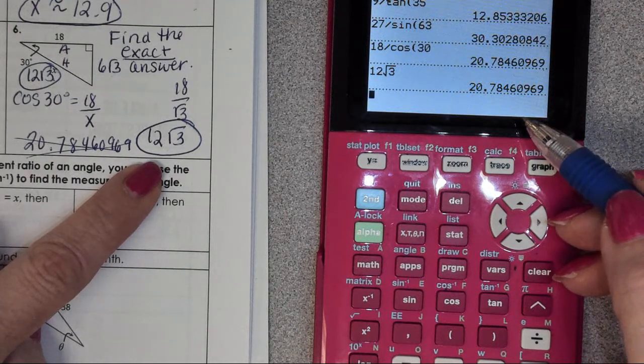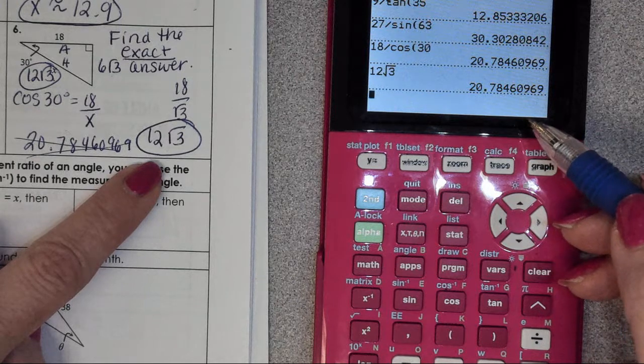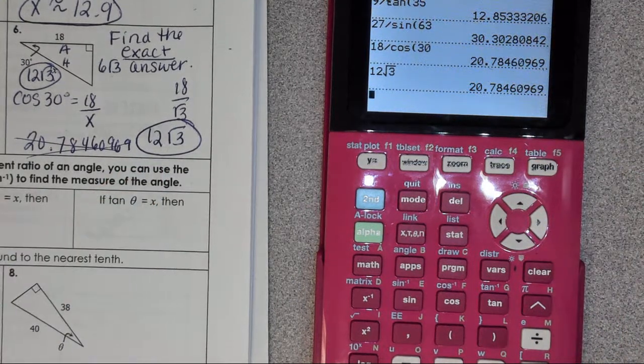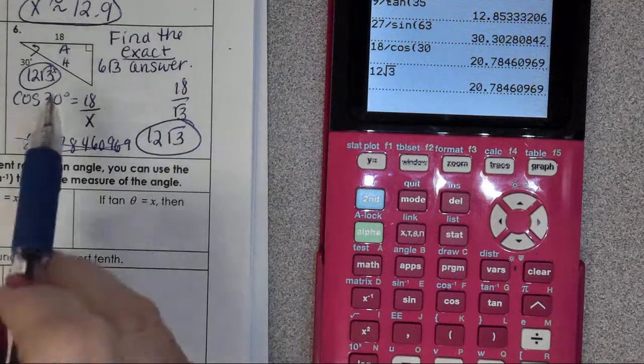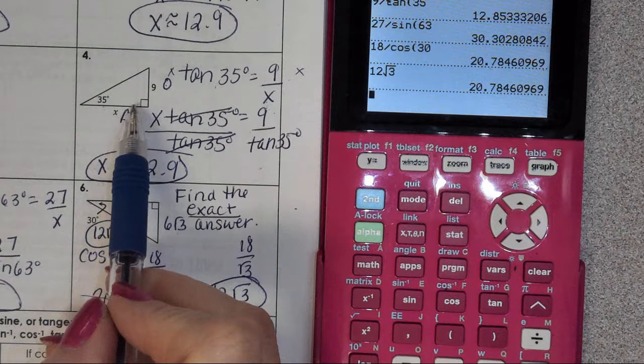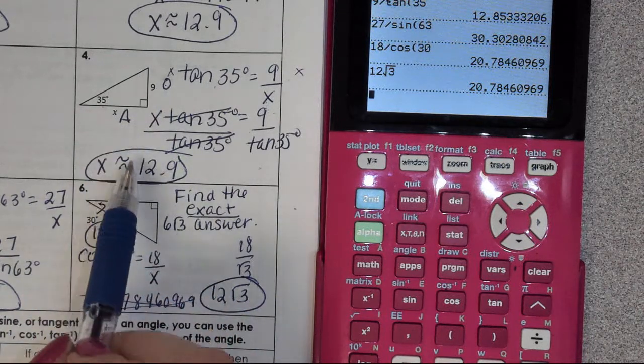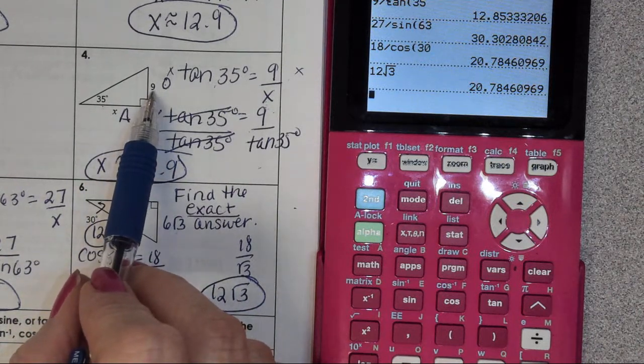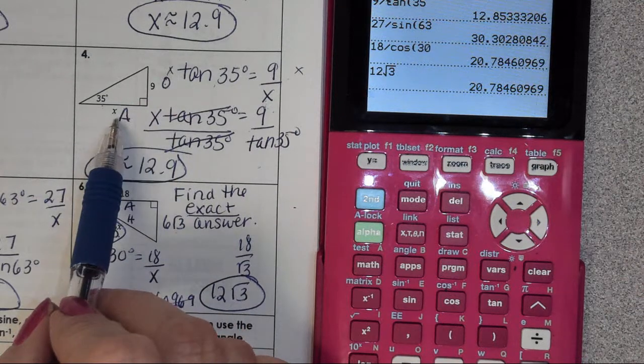Yeah, Kelsey. So we can only find the exact answer if it's a 45-45-90 or a 30-60-90 triangle? Yes, that's correct. The only reason why is because those are what we call special triangles, because they have these special ratios all the time. But there is no special ratio if it's like 35 degrees. I mean, it's always going to have the same ratio, but I can't say, oh, okay,